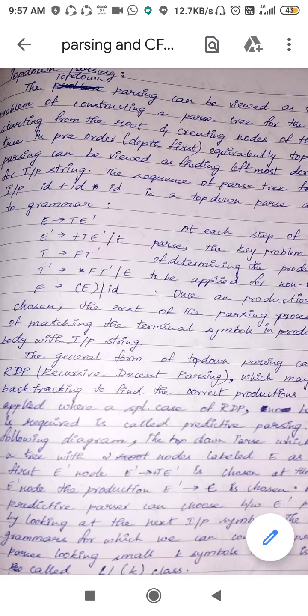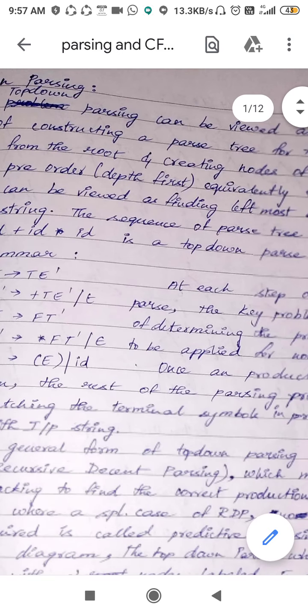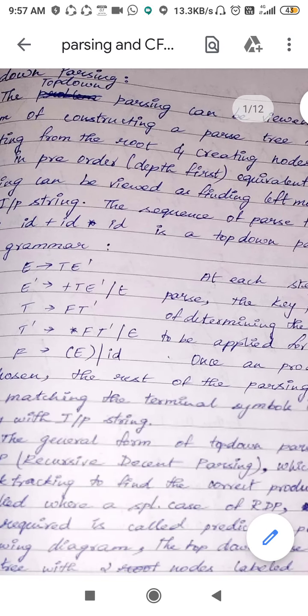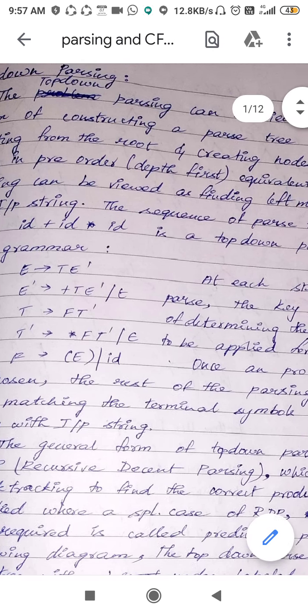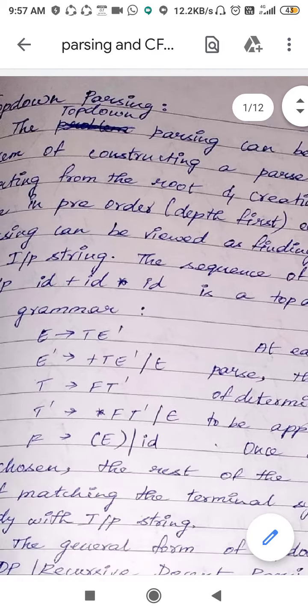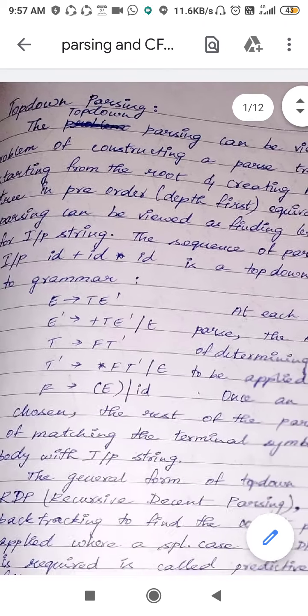And then the problem in constructing this parse tree, what is the problem that we have, and what is the solution that we have to give to that particular problem. That's going to be the important thing about top down parsing. We take an input string, and then using productions we construct the parse tree, starting from the root and moving towards the leaves. The order that we use, we call it pre-order, or else depth first mechanism. And the technique here is nothing but leftmost derivation